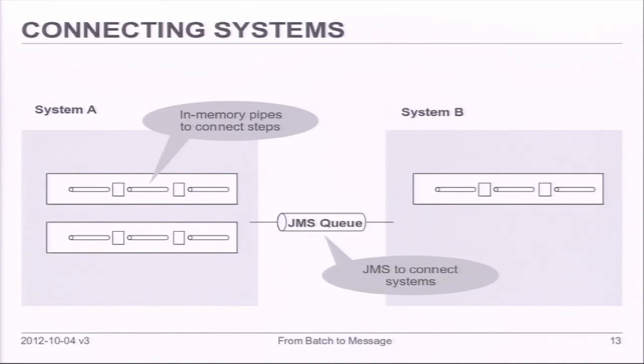So we saw the architecture picture that we have input and output based on messages, and if you are inside your organization and have control over that, you can even between systems use messages as transport for your data. This can be extended inside the systems. You can use in-memory pipes to connect the various steps of your processing.